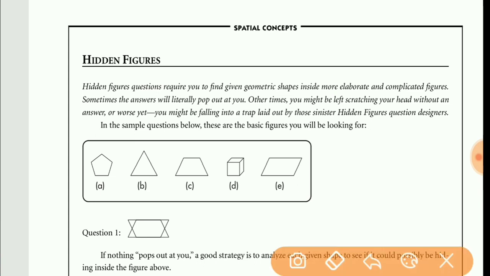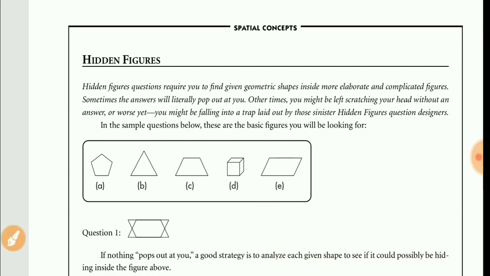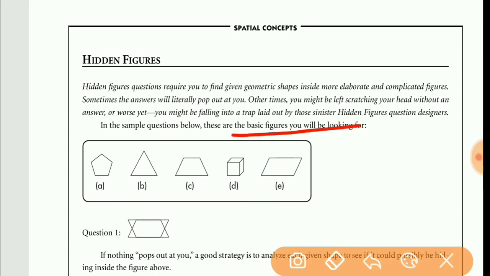We have been given 5 figures A, B, C, D, E, F, and the question is, in this figure which figure is embedded? Then we can check it very easily. This figure is embedded, or we can also say that after taking the mirror image, this figure looks like this, and this figure is embedded in this. Okay,